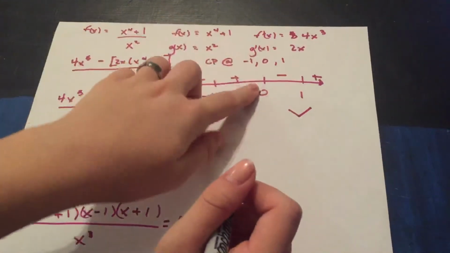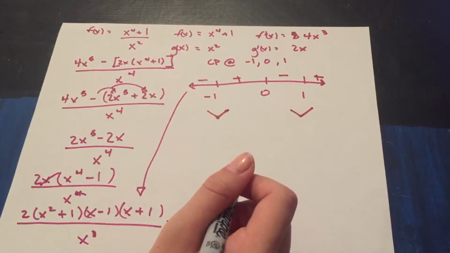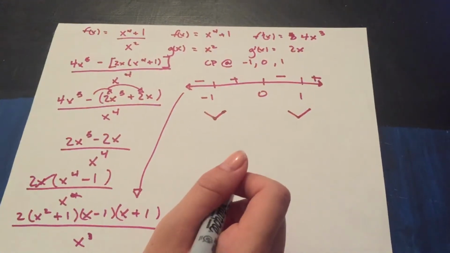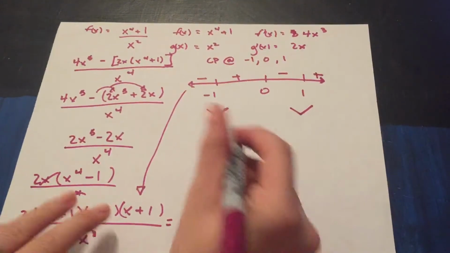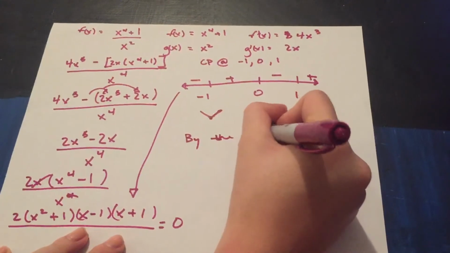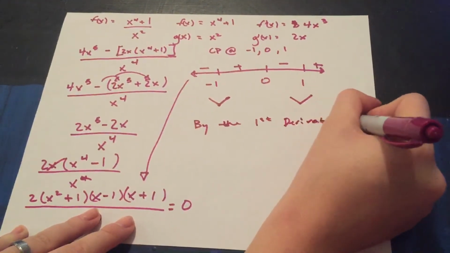And again, we can't look at 0 because if 0 is x, we would have a vertical asymptote. So it's not in the domain, but we use the critical points to find our test values for our test intervals. So by the first derivative test,